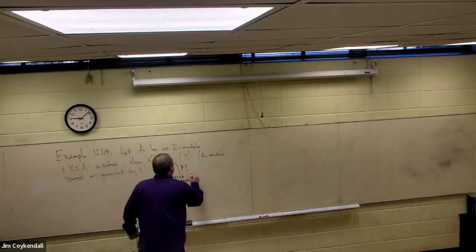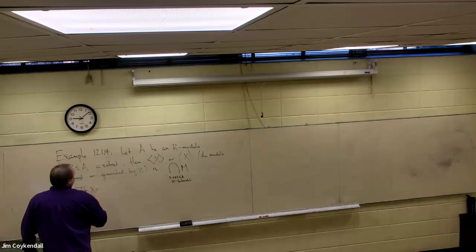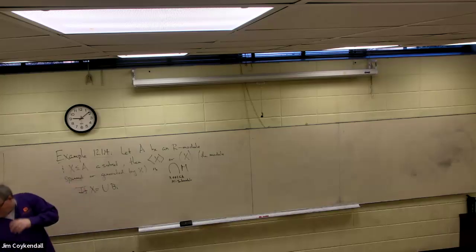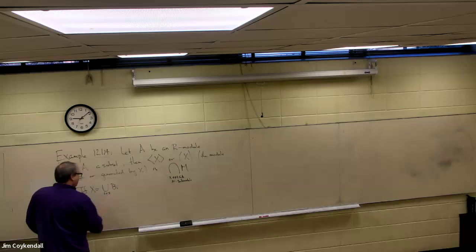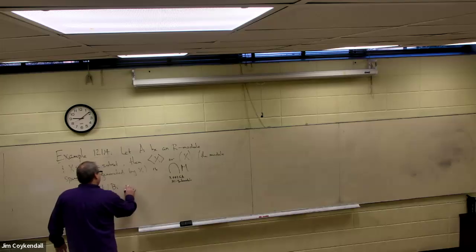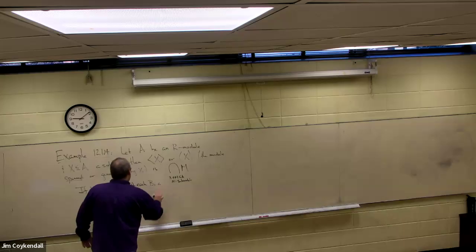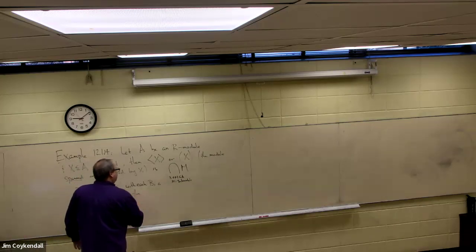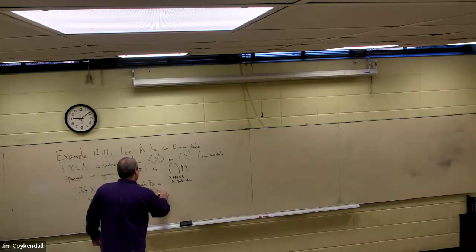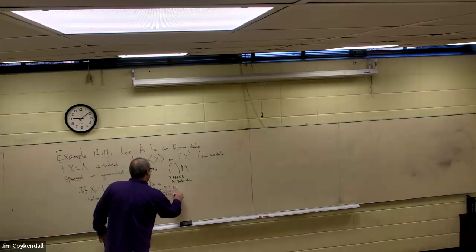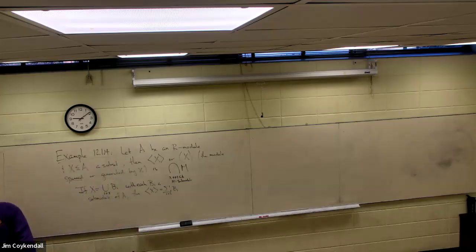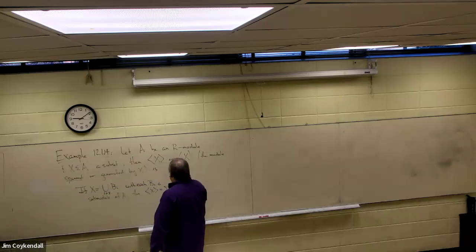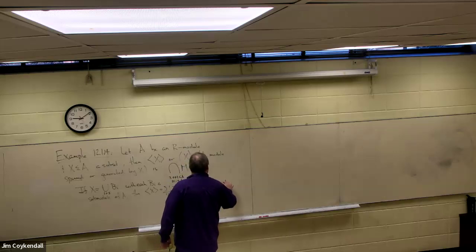Well, let me give you a couple of special cases. If X is the union of a bunch of B_i, where each B_i is a submodule of A, then the module generated by X is the sum of the B_i, and sometimes we write this as a sum, right? If X itself is composed of a bunch of submodules that you're putting together. And if I is a finite set, then